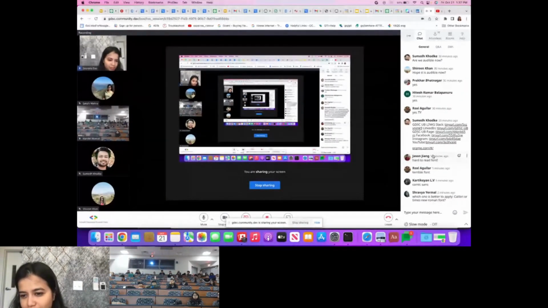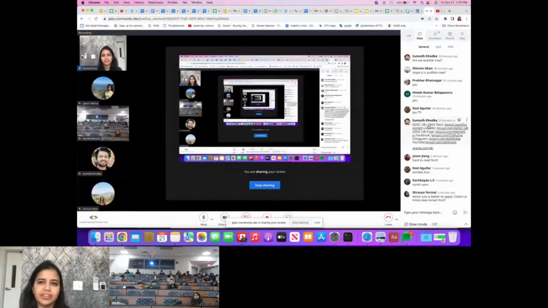Which is better, Calibri or Times New Roman font? I personally like Calibri a lot. I think my resume has been in Calibri, but Times New Roman is also really good. And there are some other fonts as well. I think it's Arial or something like the font that I've used for the presentation.